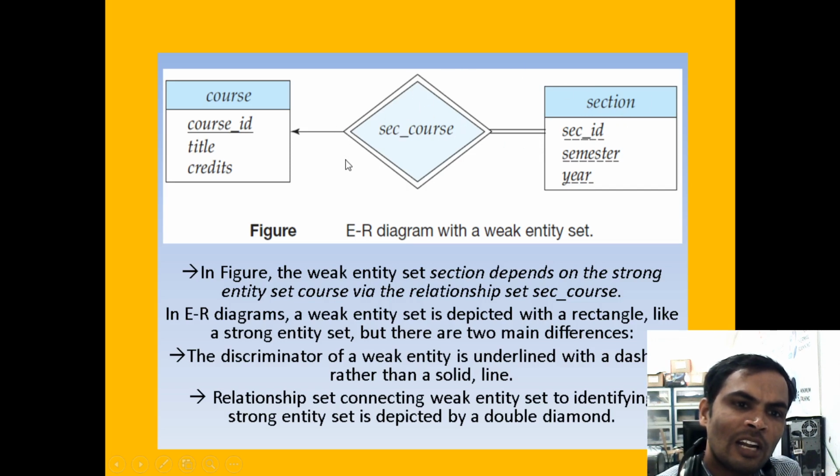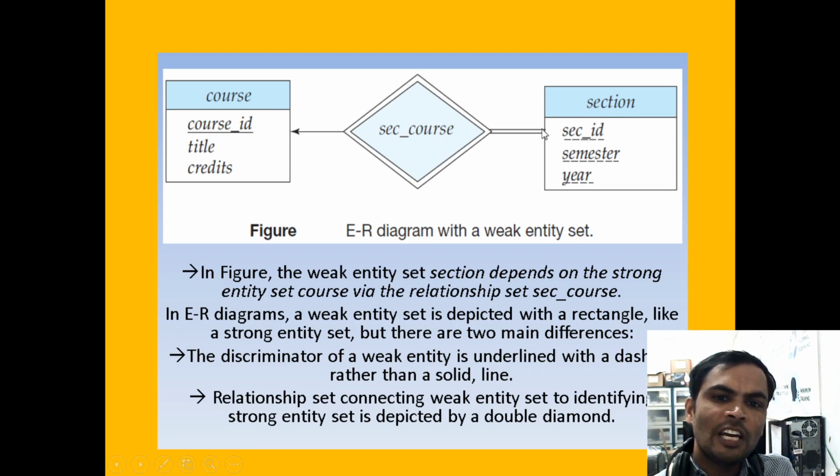With the help of the double diamond symbol only, the total participation is shown with the relationship double diamond, then it should be available under the codes. Now here, many to one, one to many. Double line is there, no, many. Many to one: only one arrow mark will be there.